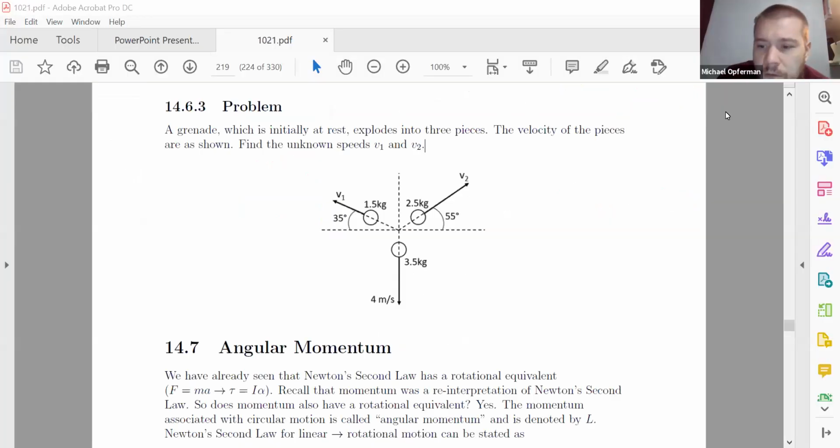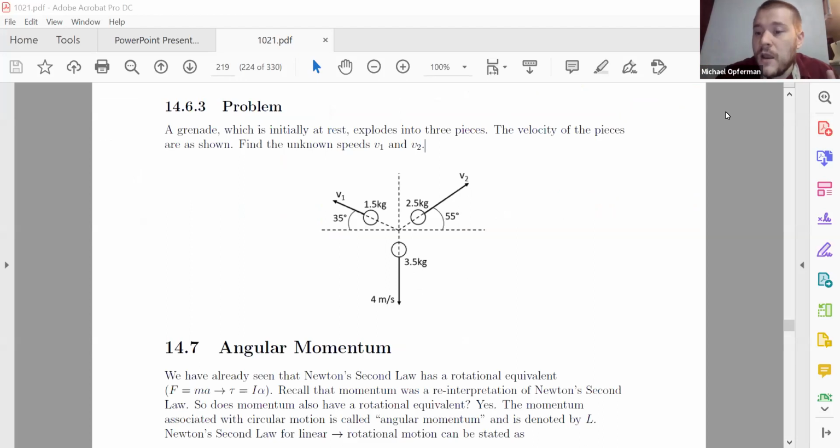Let's do another example of conservation of momentum. This one will be a little bit of a different style for a couple reasons. Number one, this problem that you have on your screen here is, instead of being a collision, it's an explosion, which is the opposite of a collision. Conservation of momentum still applies, but in this case, the objects start out stuck together and then fly apart from